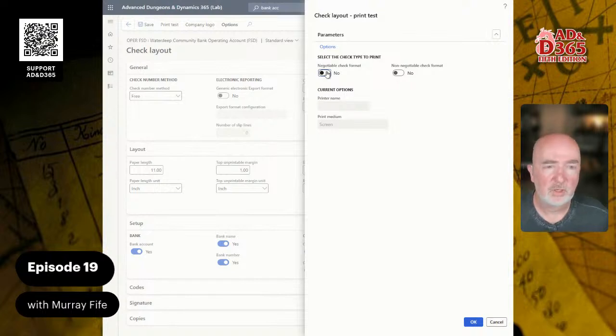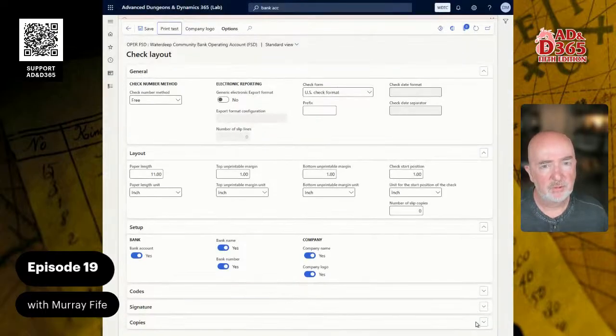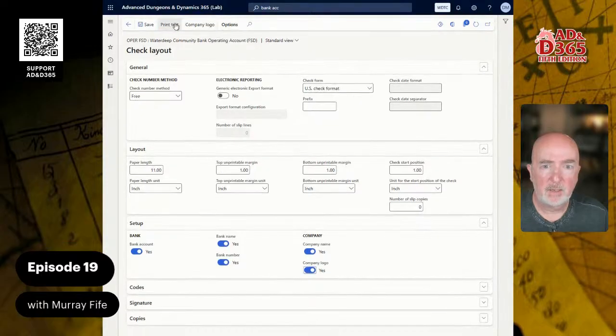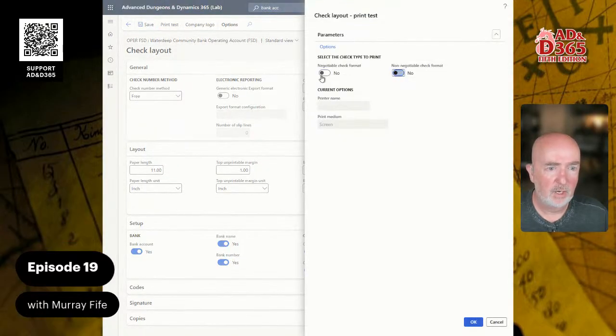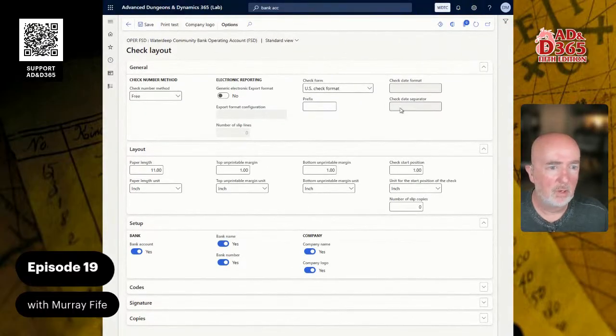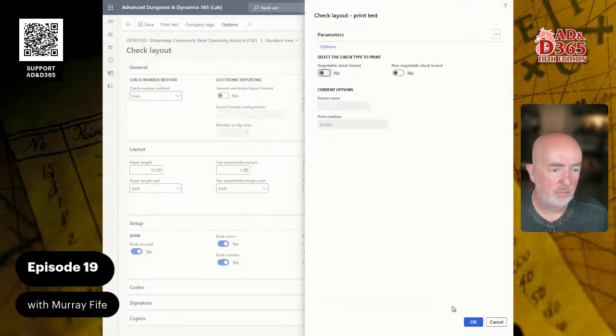So what we can do is we can say, is this a negotiable or non-negotiable check? We'll try this for now. Try to run this and see how that works. So let's go back and try the negotiable check. Yeah, let's try one more, and if not, then what we'll do is